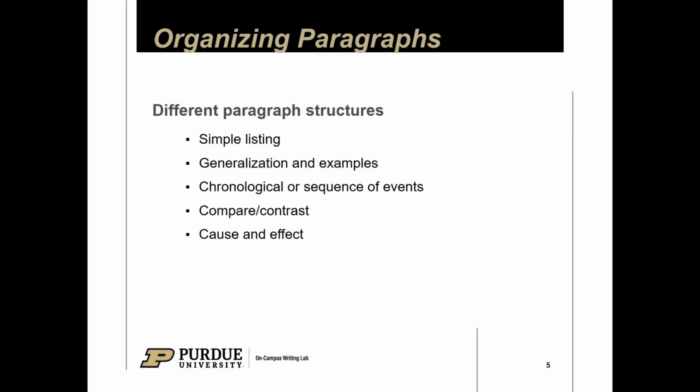Within the body of your paragraph, you want to organize details in a way that's logical and that supports the purpose of the paragraph. There are different organizational strategies that you can follow depending on your goal. Simple listing lays out information that's equal in value, where the order of the information doesn't really impact the meaning. This is typically a good strategy for background information. You can use transition words like "in addition" and "for example." For analytical paragraphs, you may want to provide a central point or generalization supported by one or multiple examples.